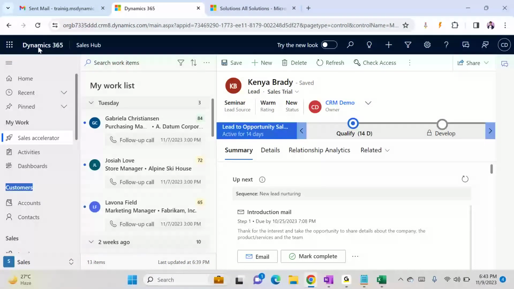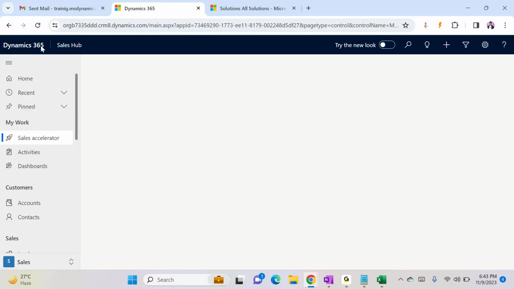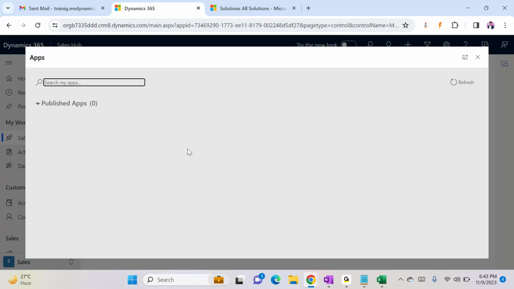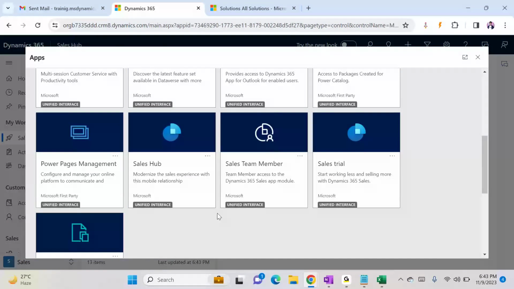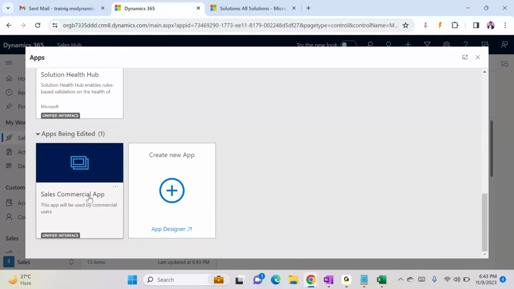Refresh, we'll just verify whether it is there or not. This is sales commercial app. If I open this sales commercial app,